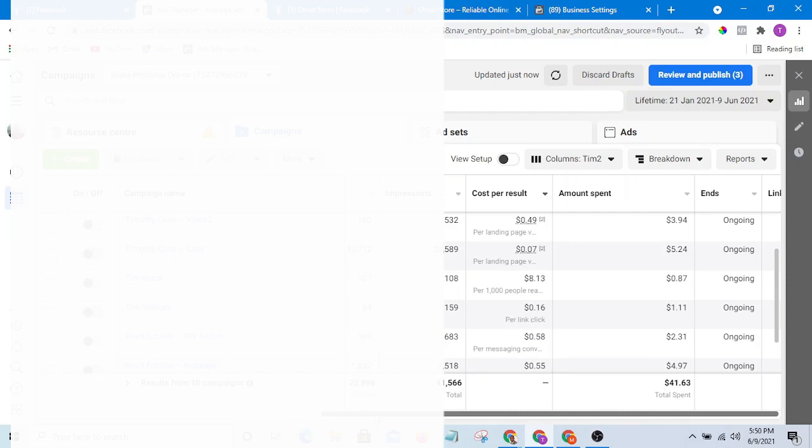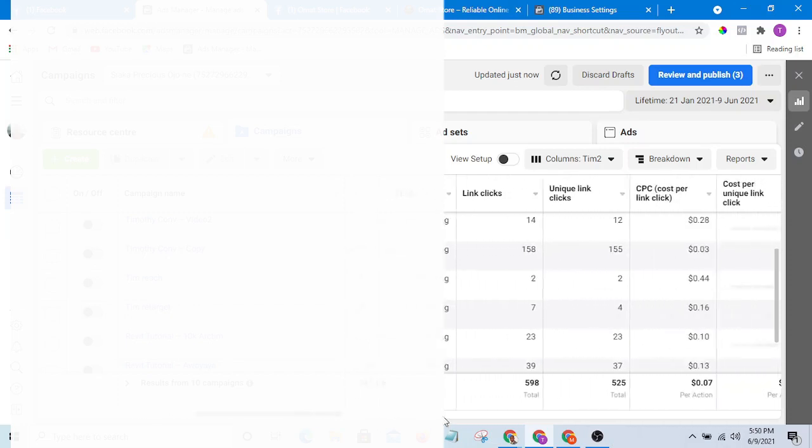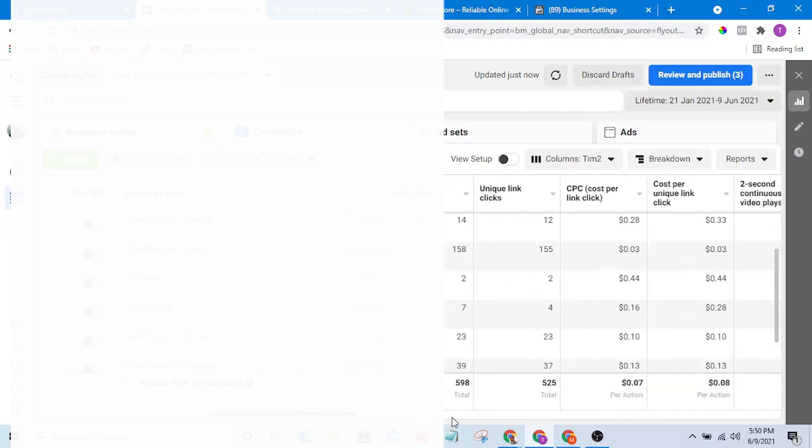So now if you scroll this down, you will see that other data have come up. You can see this link clicks was not there before, so you can now know the number of clicks you have. From here we see 14 clicks, here we have 158 clicks, here 2 clicks.